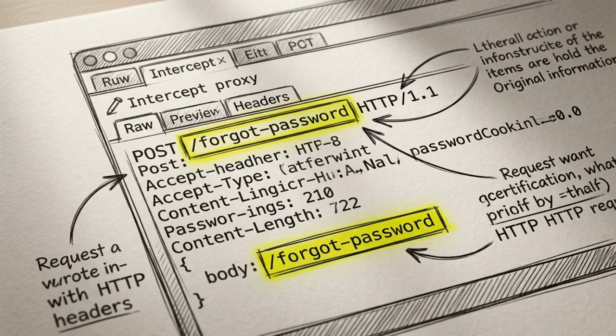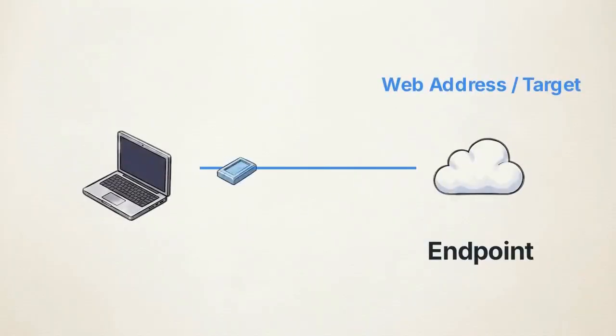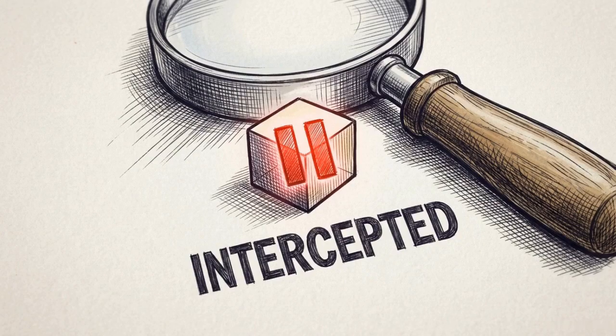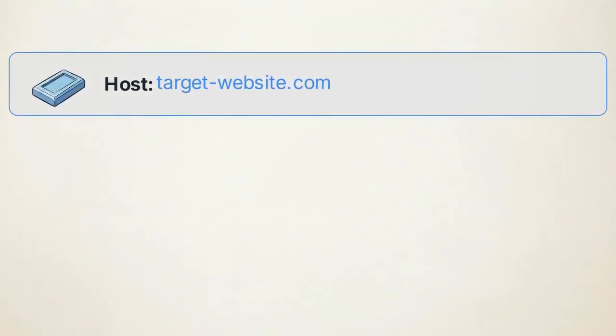We catch the resulting post request using our proxy before it leaves the browser. An endpoint is the specific web address where an application receives and processes requests. Here, the request is paused as it attempts to reach the password reset service. Within this request, we look for the host header. The host header is a mandatory field in an HTTP request that tells the server which domain the user is